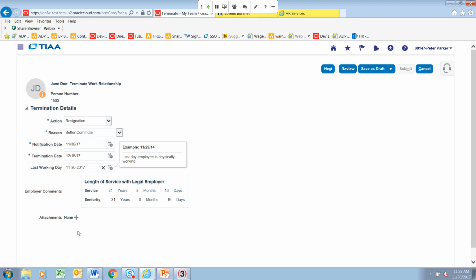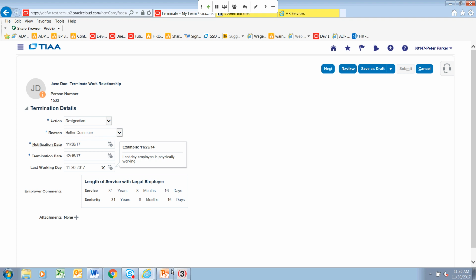So in this example, Jane Doe is resigning. She has a new job and it's an easier commute. She gave notice that she is resigning on 11/30. She will be paid through 12/15 because of the nature of her work, and she has access to sensitive data. There is a need for her to leave today, but she will be paid until 12/15.